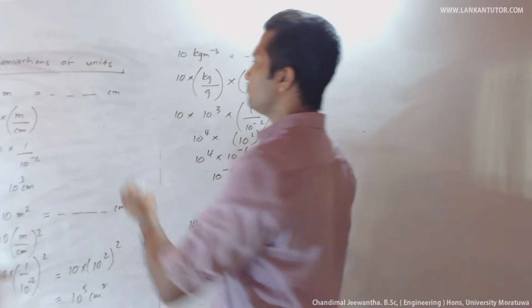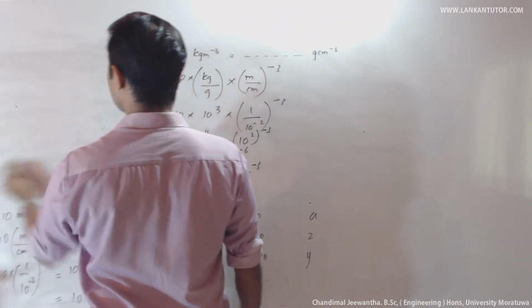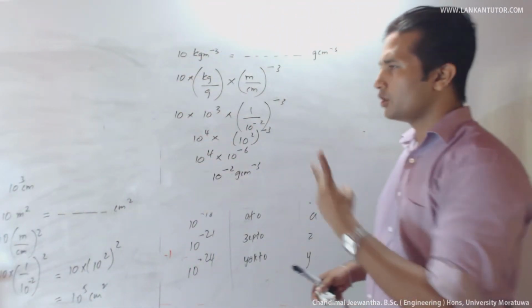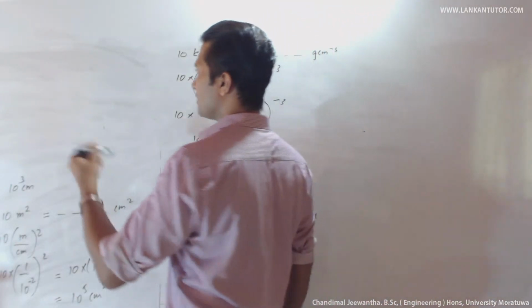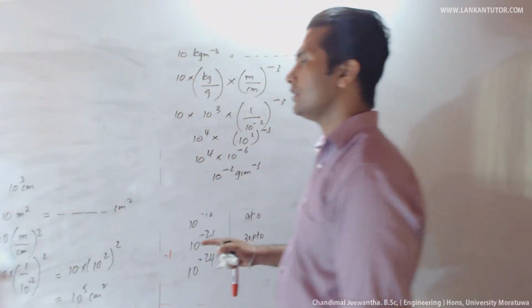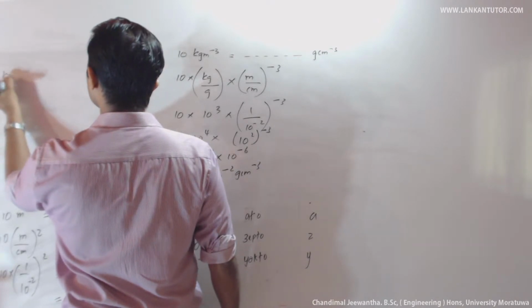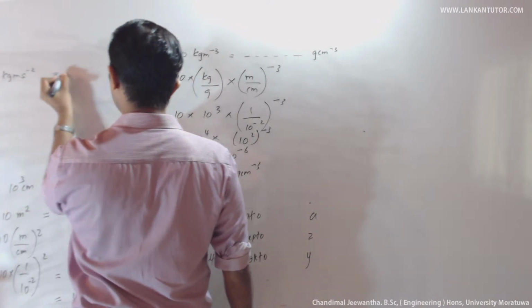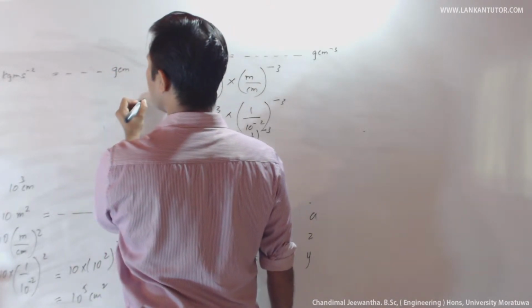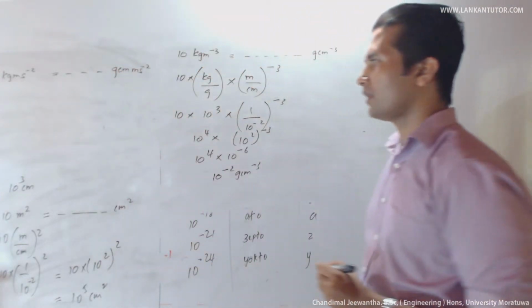Now we can go through another example which contains 3 units. The previous one contained 2 physical quantities, the units of physical quantities such as mass and length. Here you have to consider the conversion of kg m s^-2 into g cm ms^-2.